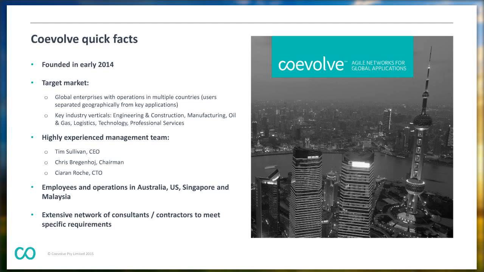The verticals we end up working with most commonly because of that are businesses operating in far-flung parts of the world. So we do a lot of work with the engineering and construction sector. They're often in emerging markets building the infrastructure in some of those countries, and they need high-quality networks to support the applications their users are operating in those markets. We do a lot of work in the manufacturing sector across all different types of manufacturing, from consumer products to industrial tools and so on. Oil and gas and natural resources, again, because of the remote geographical aspect of it. And then also logistics, technology, and professional services.